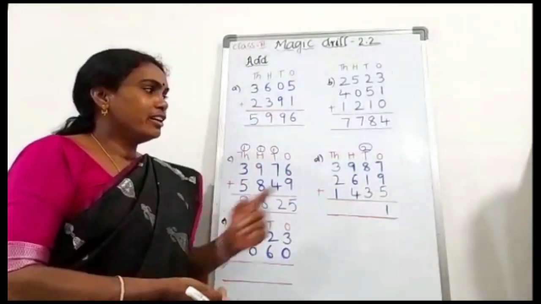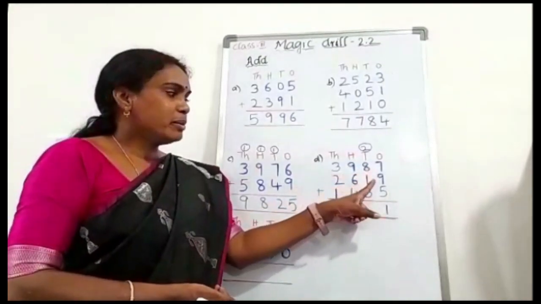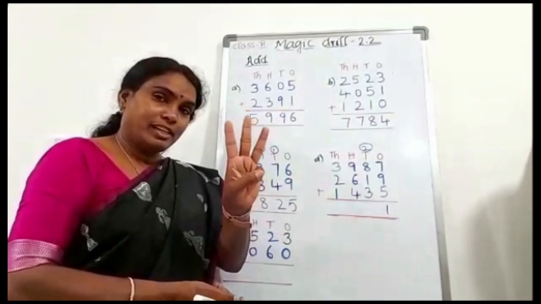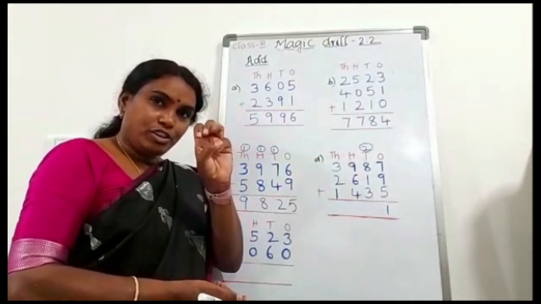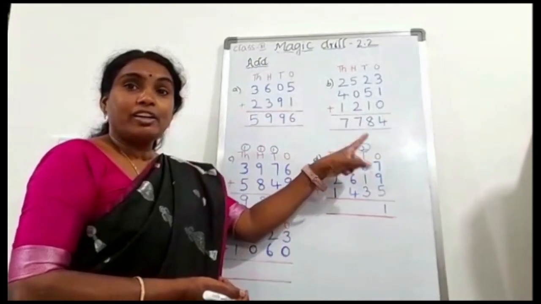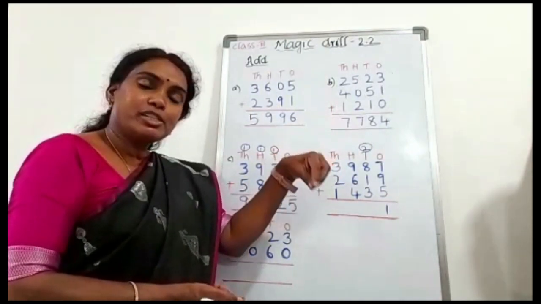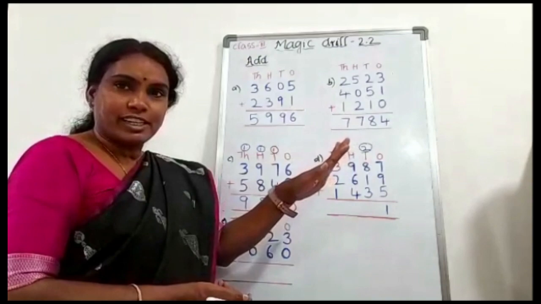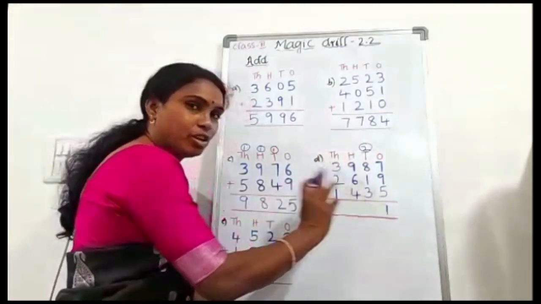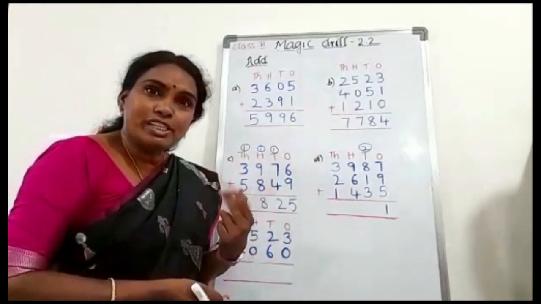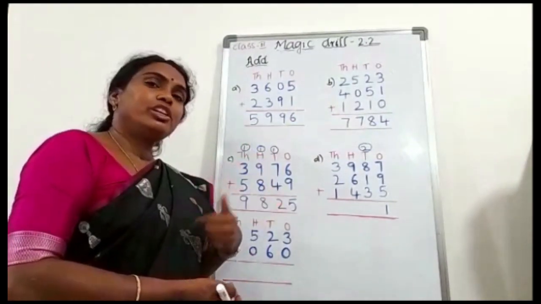Okay children. Then go to the tens column. In the tens column there are 8 tens plus 1 ten plus 3 tens. 8 plus 1 is 9. 9 plus 3 is 12. But again 2 more tens are added, meaning regrouped. So 12 tens plus 2 tens is 14 tens. Isn't it? Do we write 14 here? No. We do not write 14 directly here, because it is a 2-digit number.